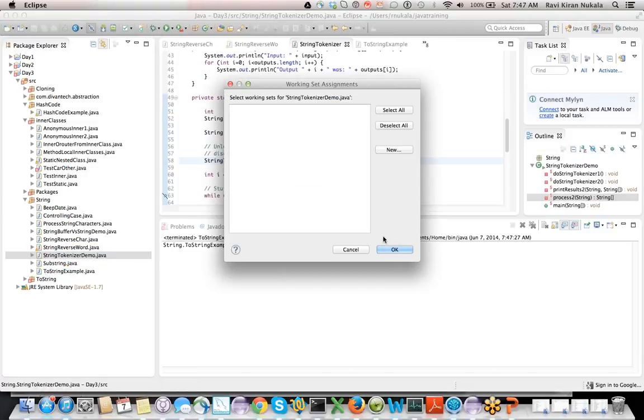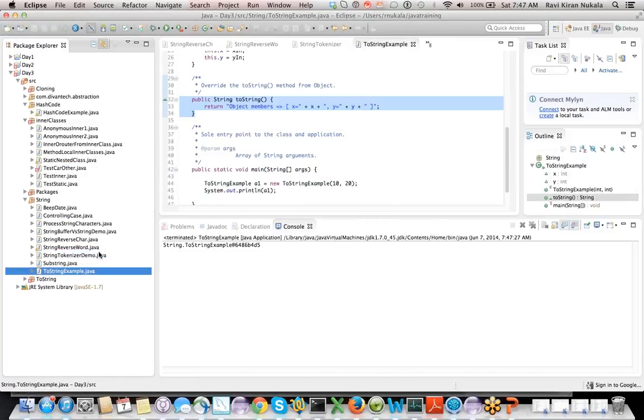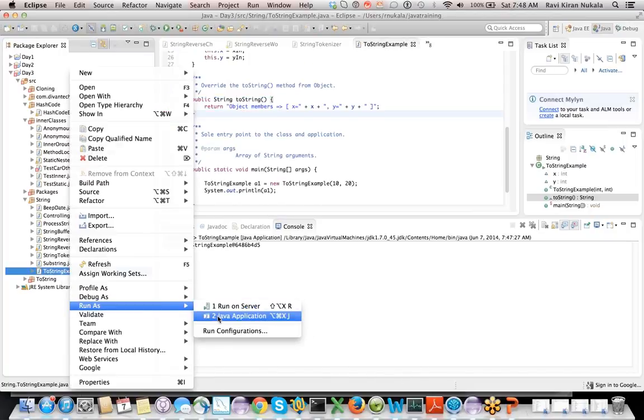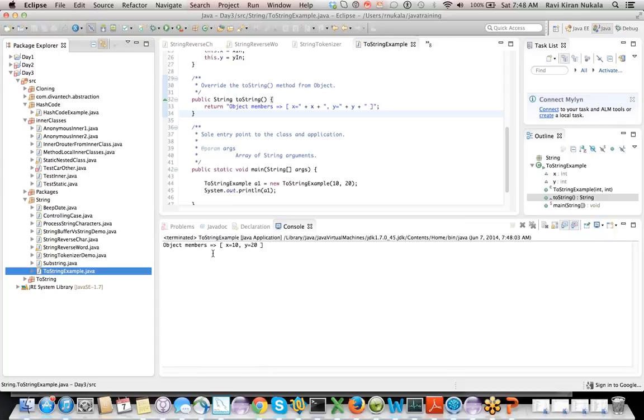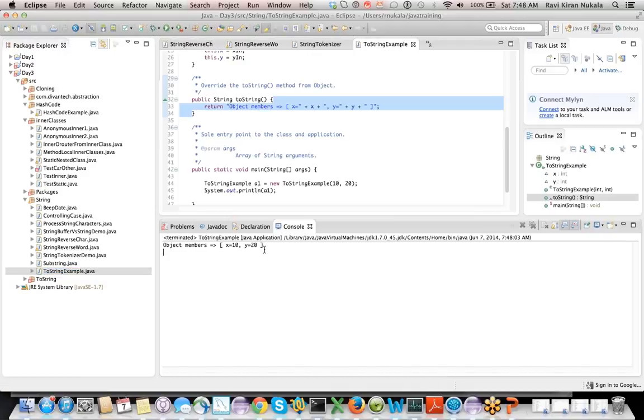But when you actually override it and try to print, it gives you a meaningful value. That's why it is always a good practice in your projects to override toString. It helps you understand which class, what the variables are, what the members are, what the values of the state are at that time, and you can debug from there. If there is anything invalid, you can identify it. In coding also, it's a good practice to always override the toString method.